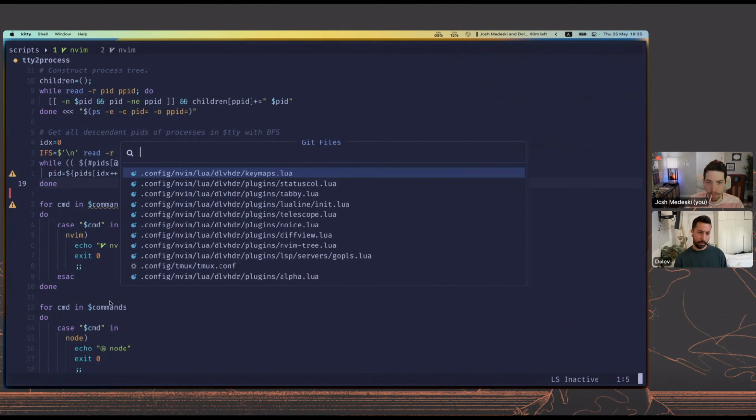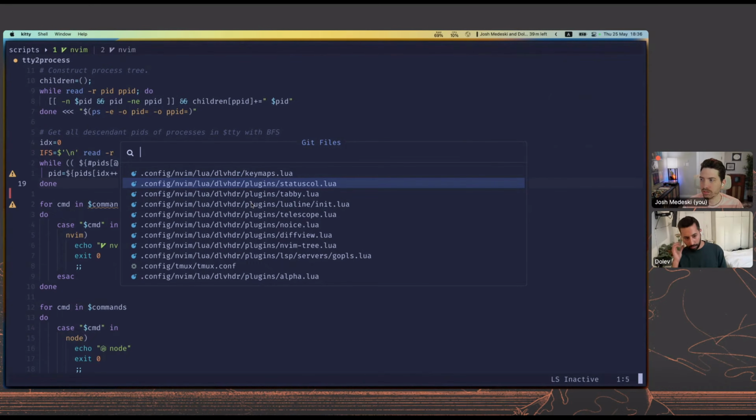I also have Command P, just like in your setup, to open nice Git file stuff. And I also recently discovered a plugin that sorts all of this based on your frequency and recency, I think it's called frequency and recency. So all the Telescope pickers use that.